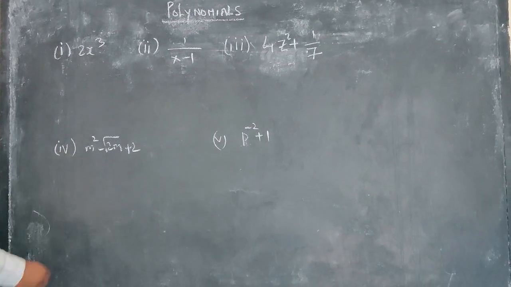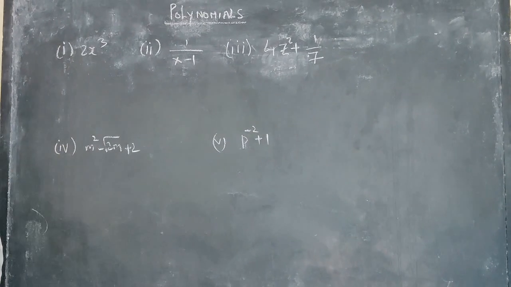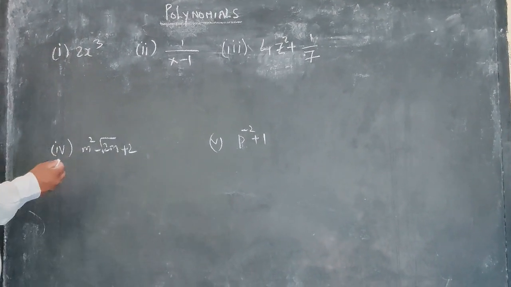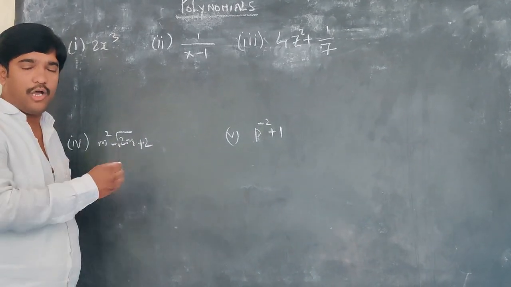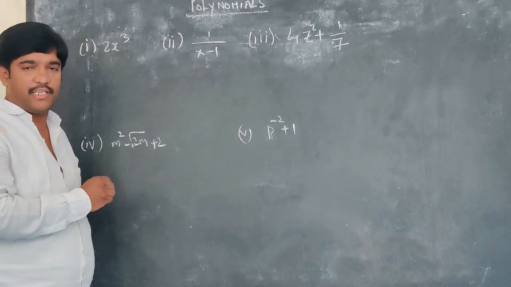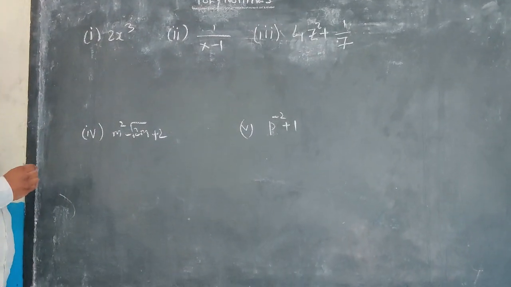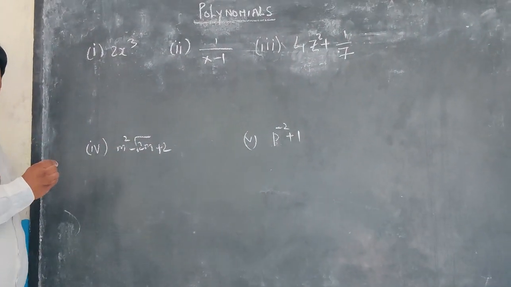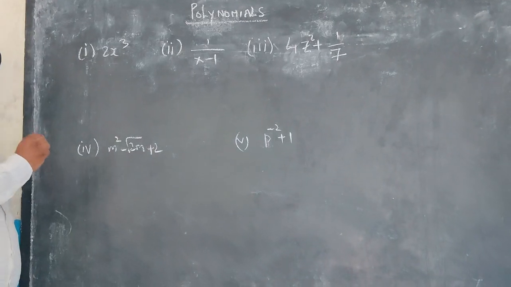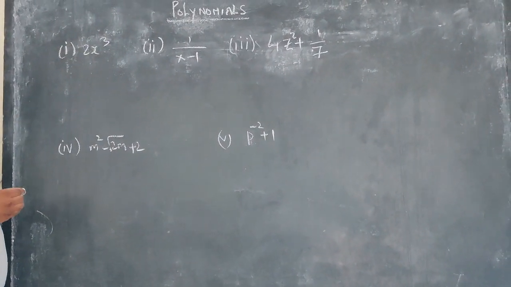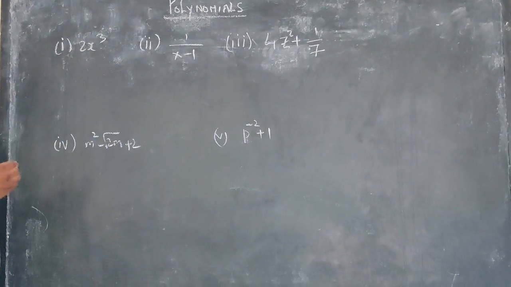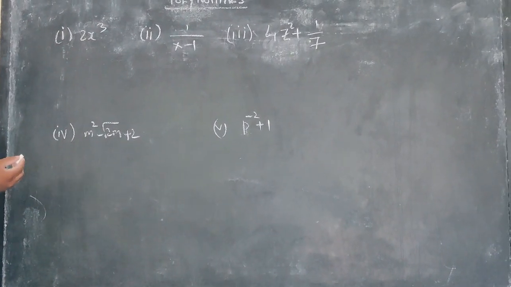Problems have different types of variables as well as terms, and we check whether a given expression is a polynomial or not. Now how do we check whether a given expression is a polynomial or not? In the definition I have clearly mentioned that the variable should have non-negative powers. The opposite of non-negative is negative powers.